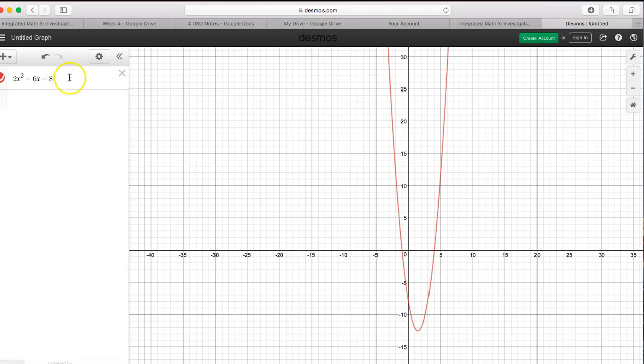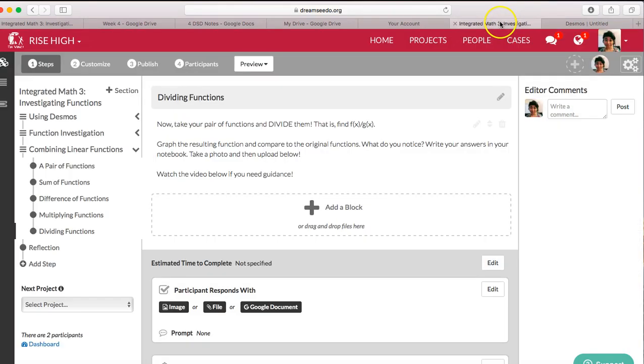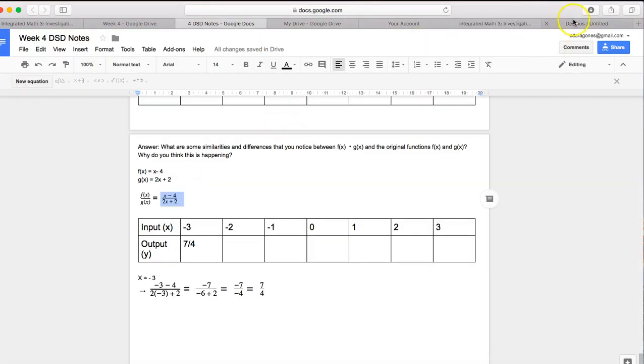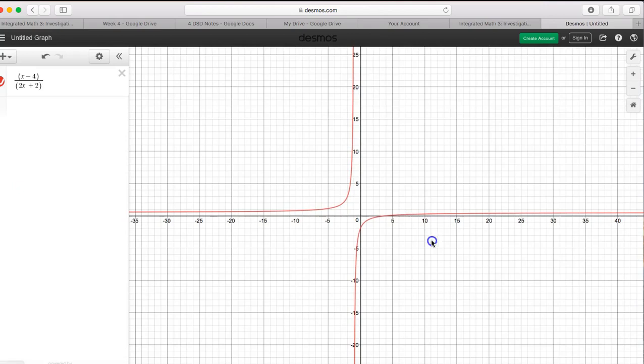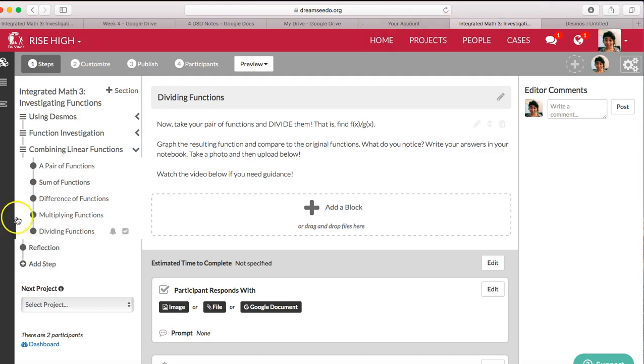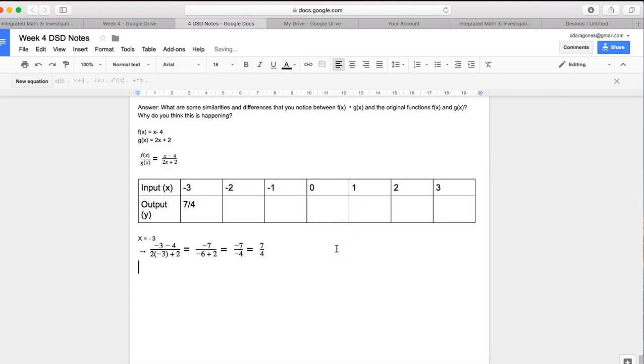Again, I want you to graph this by hand. I do not want you to use Desmos, but I do want to show you what this looks like quickly. It's x minus 4 over 2x plus 2. And there is again a vertical asymptote. This is something that happens when I plug in a certain value for x. So remember from our function investigation, if I do x equals -1/2,